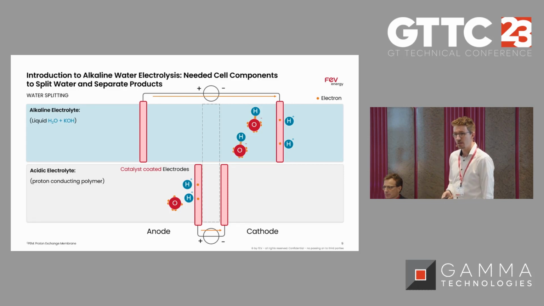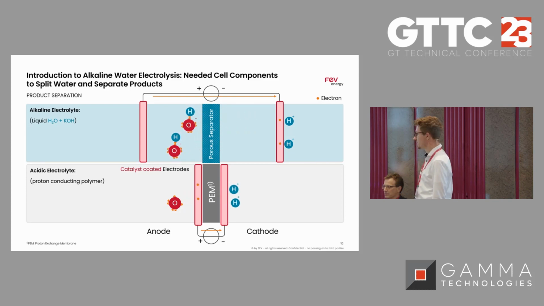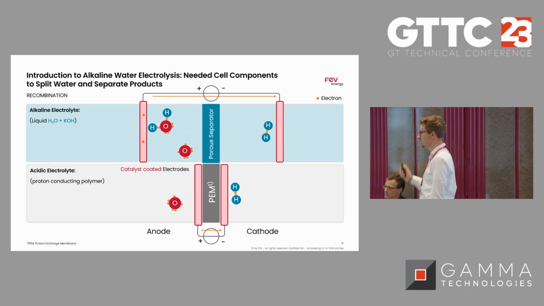negative charge OH ion. And now that we need a separator to get our product separated, instead of a PEM we have the porous separator here within that liquid KOH and water solution in the alkaline electrolysis. And now our larger, heavier OH charged ions have to move through that porous layer instead of just the H+ ions on the PEM technology. And there on that side, they can recombine, and we have then hydrogen on the cathode side, and we actually produce water as well. So from two water on the right side, now we also have water on the left side,